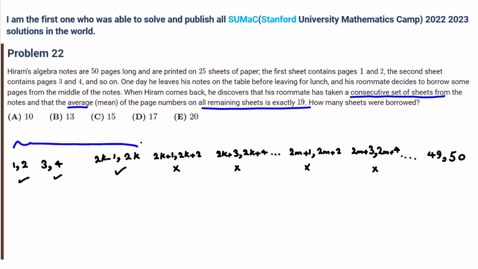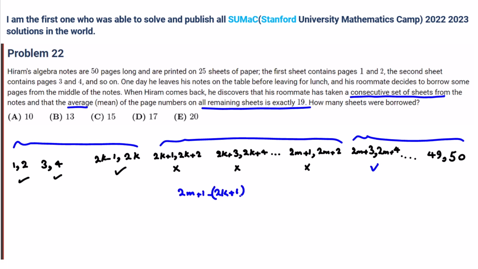So the average of this part and this part, why I wrote this one is have this. So this one is okay. The average is, so how many pages do we have here? 2k plus 1, 2k plus 3 to 2m plus 1. You can say 2m plus 1 minus 2k plus 1 over 2 plus 1. So it will be m minus k plus 1, right? We remove this number of pages. And